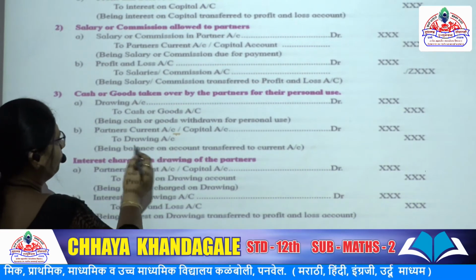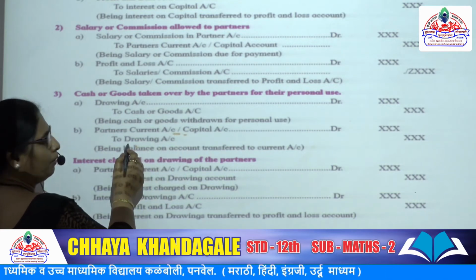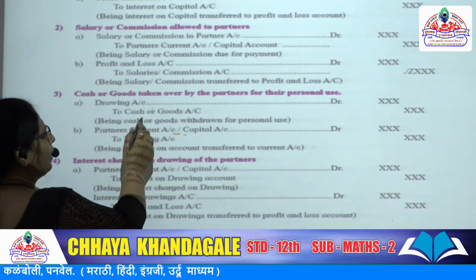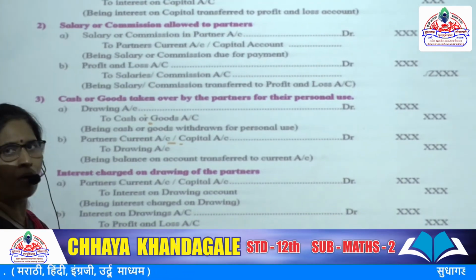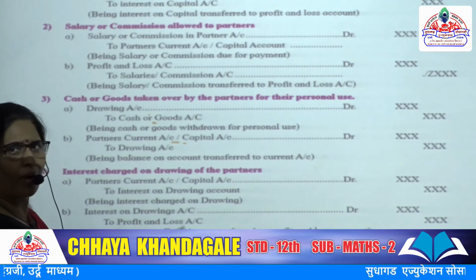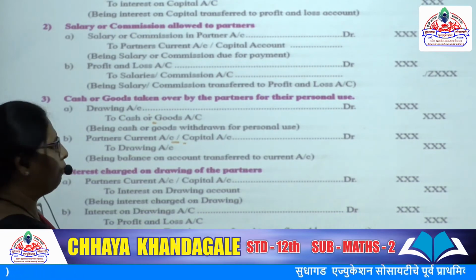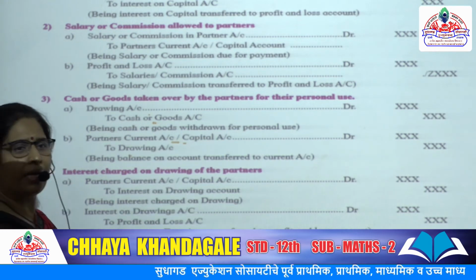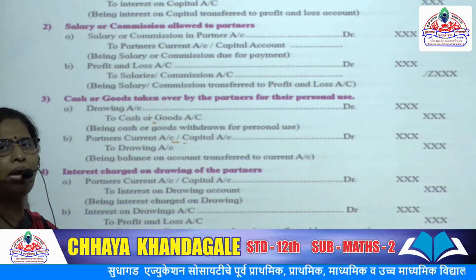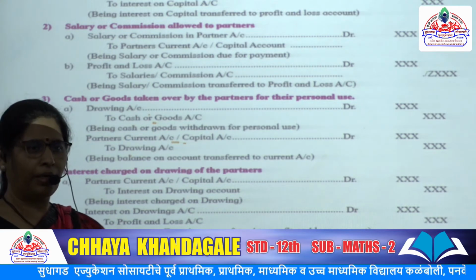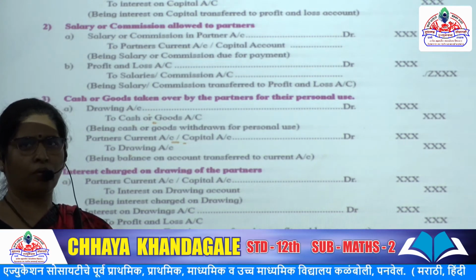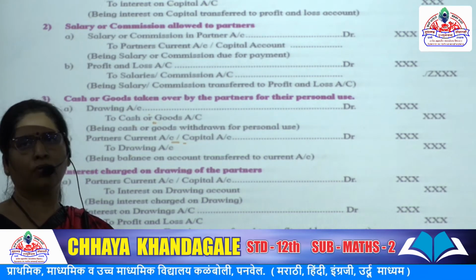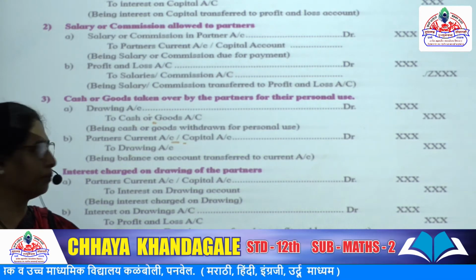This entry, in this capital account we are going to write to drawings, and in the drawings account to cash. When we are going to prepare the cash account, on the credit side by drawings of A or by drawings of B, whatever the partner's name, that will appear on the cash account on the credit side, because the cash account shows a real asset. So debit all what comes in and credit what goes out. Drawings is an outflow in the form of cash, it is going out, so we are going to write it on the credit side. Is it clear?